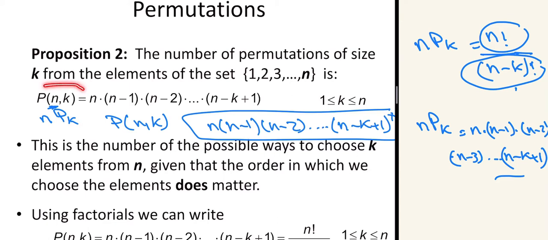It can be written as permutation nPk, and we go n minus 1, n minus 2, and so on up to n minus k plus 1. Okay. And you can write it also in this way: n factorial divided by n minus k factorial. This is actually the proof of how we arrived at